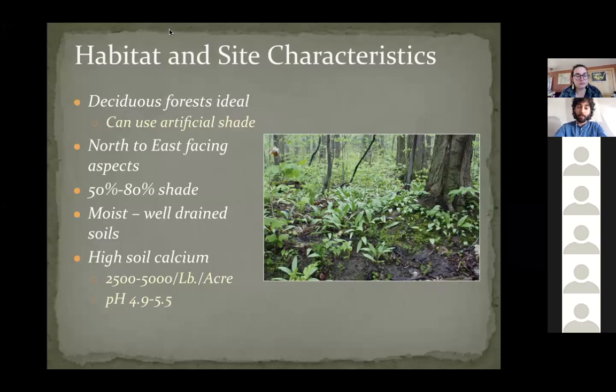In particular, on your deciduous forest sites, you're looking for north and east facing aspects, and generally on a slope. This is true of a lot of the understory herbs that we work with. In the northern hemisphere, the north and east facing aspects are the cooler aspects. They get the morning sunlight. And so that cool morning sunlight leads to a whole host of site conditions, such as increased soil moisture because of